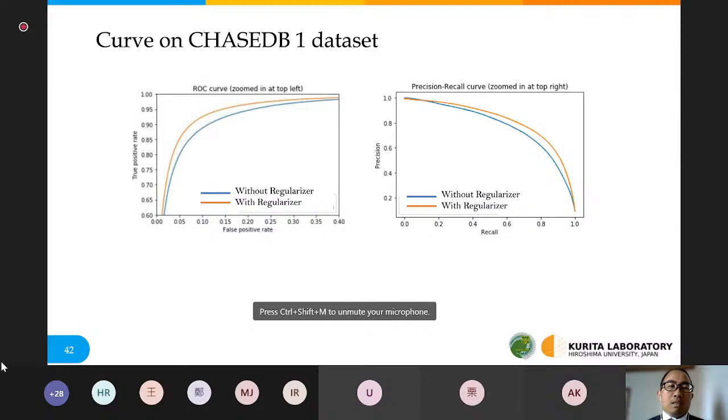And this is the curve for the CHASE_DB1 dataset. So in the CHASE_DB1 dataset, we also get a better curve than the baseline without the regularizer.